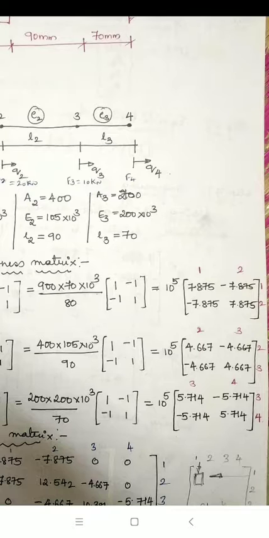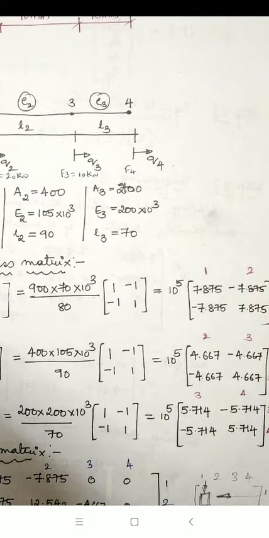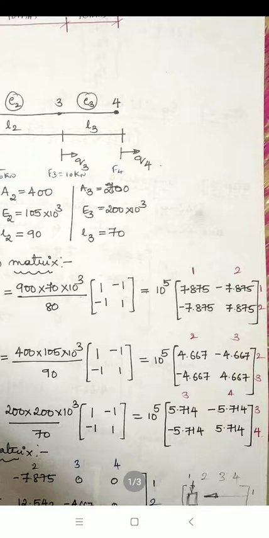Whatever value we are taking as common outside has to be the same for the remaining stiffness matrices also. That will help us while finding the global stiffness matrix, that is while adding all the stiffness matrices. So that becomes 10 to the power of 5 times the matrix [7.875, -7.875; -7.875, 7.875]. This is K1. Here we can observe that with a red pen I have written the column numbers and row numbers as 1, 2. Why particularly those values as 1 and 2 only?